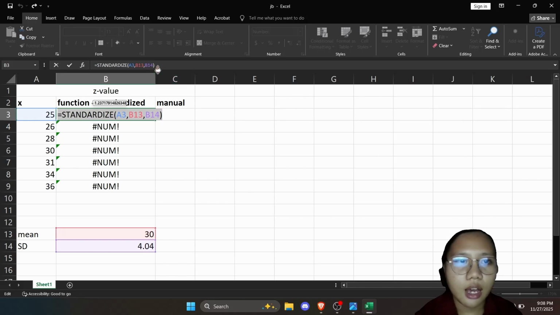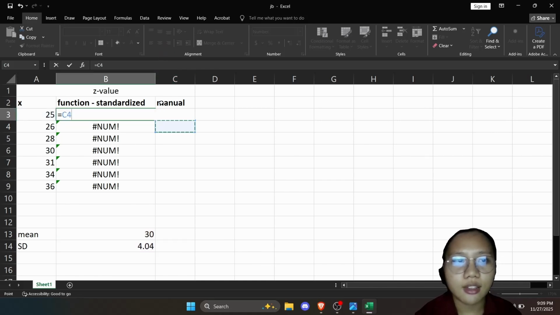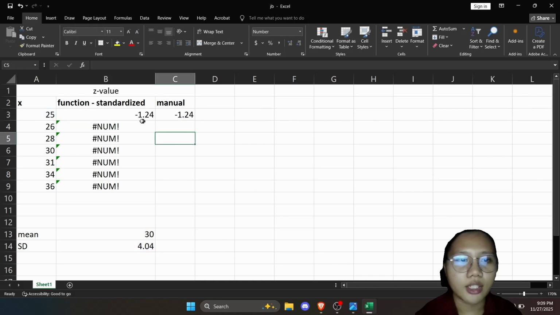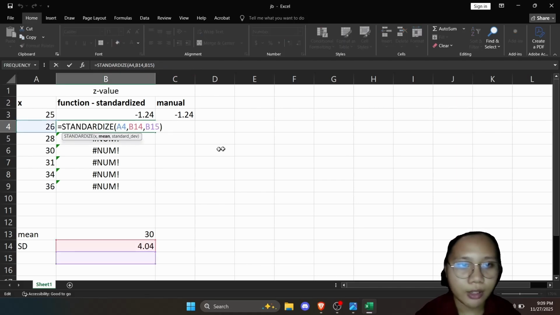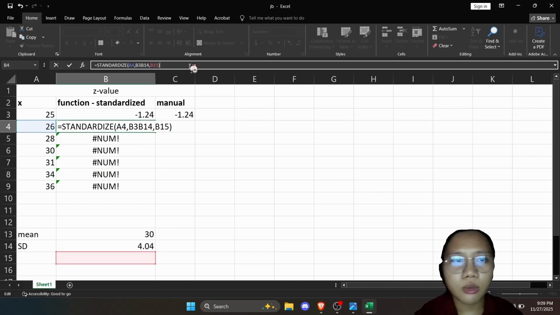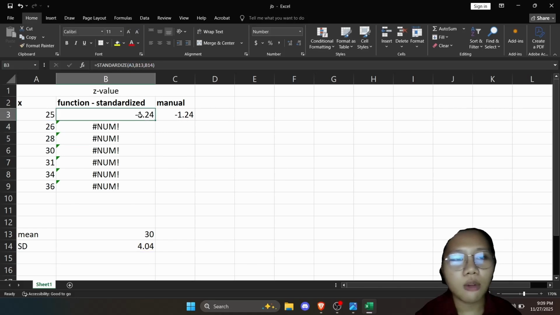As you can see, I have my mean in B13 and standard deviation in B14. But when I dragged it, it moved. The position of where my mean should be was B14 and then B15 for the standard deviation, where as you can see, if I double click this, the colors are not where they're supposed to be. So in order to avoid this problem,